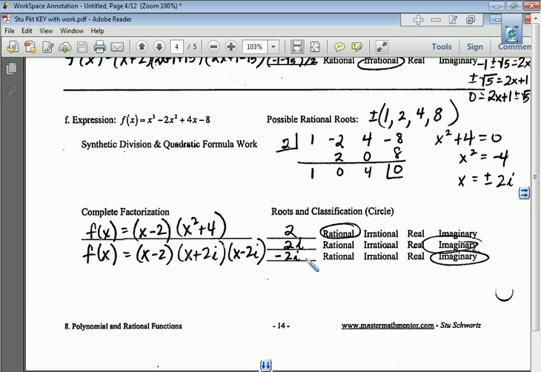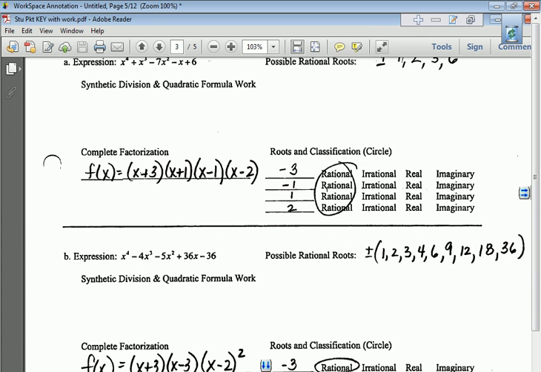So our roots are 2, 2i, and -2i. 2 is rational, 2i and -2i are both imaginary. Now, anytime I have circled rational or irrational, those fall into the real category. Since I circled rational or irrational, I'm assuming you know that both of those fall under real. Okay,